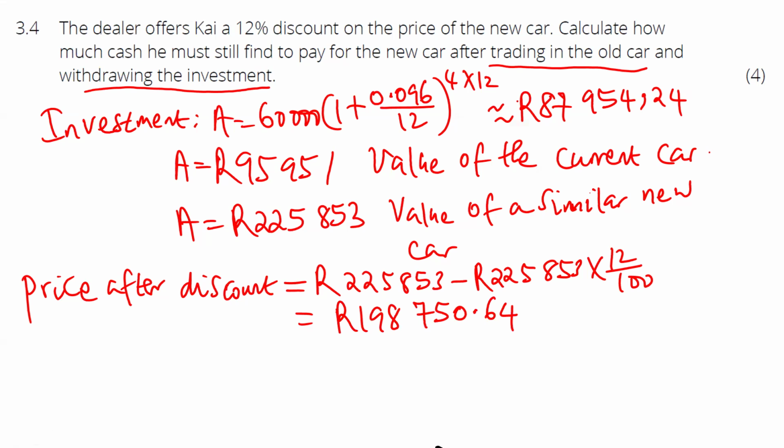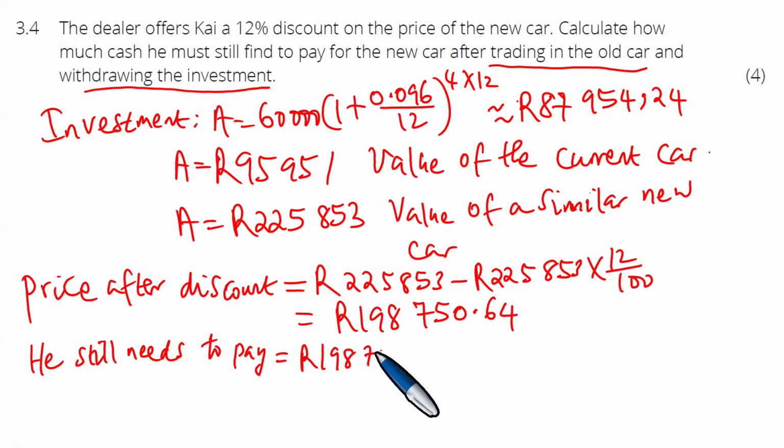Okay, so this would be the price after discount. So the car is going to be a bit cheaper because of the discount, but he still needs to pay. If the car is going to cost 198,750.64